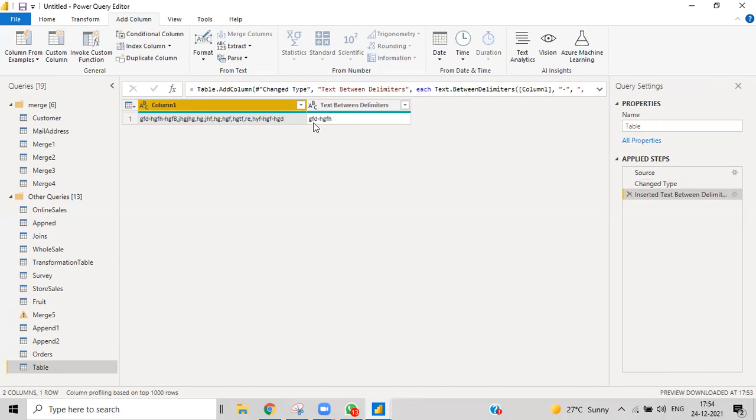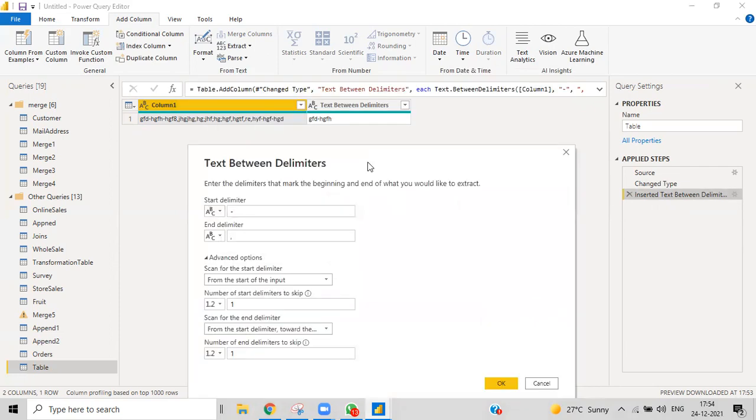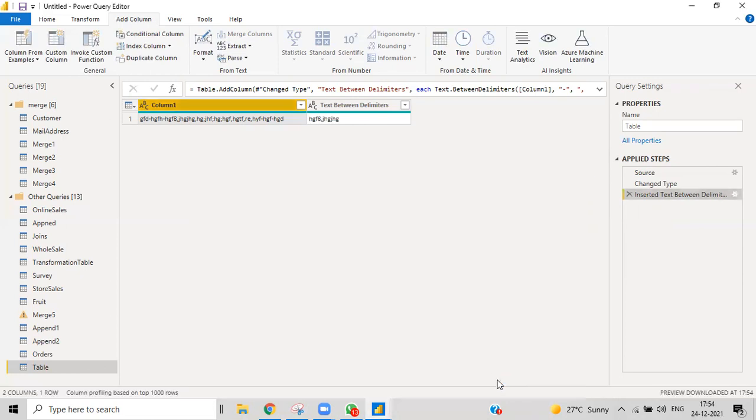Didn't get you. Okay. This one. First part of what? Can you show me what you did? Yes, yes. From the starting delimiter, hyphen and comma, and the end delimiter. HGF8 should come, right? Let me check that. Okay, the same thing. We need to check that. Let me give this one from the starting position. Then, yeah.